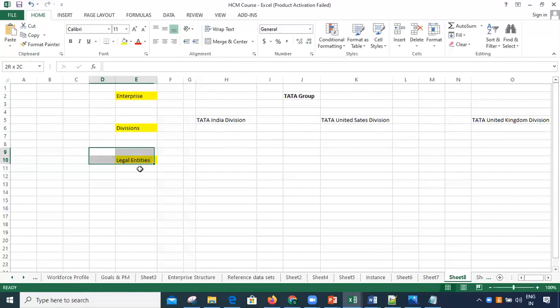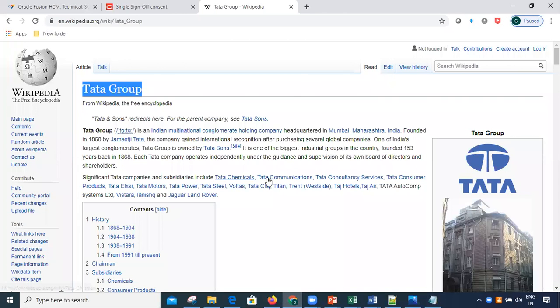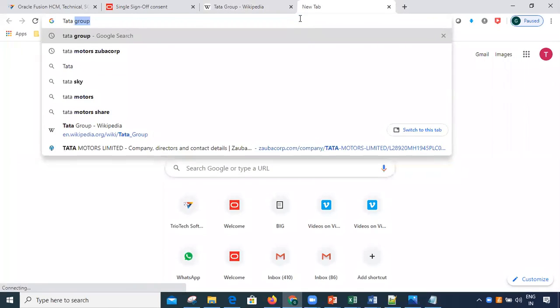If I have to give a definition specific to Oracle, legal entities are the business objects which will hold certain legal information. Let me take a company like TCS, or Tata Motors.